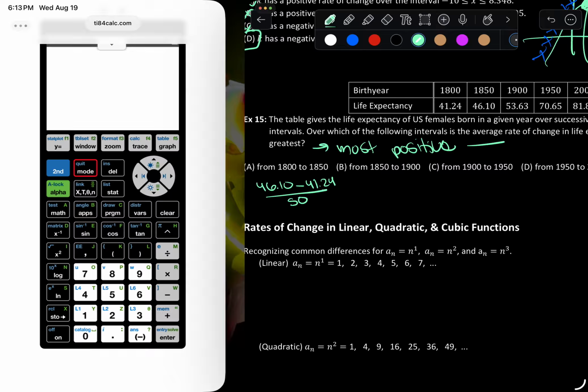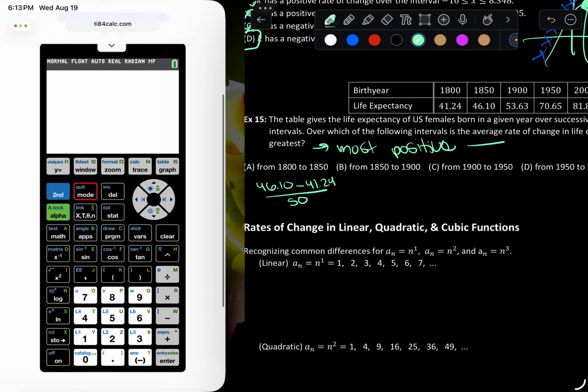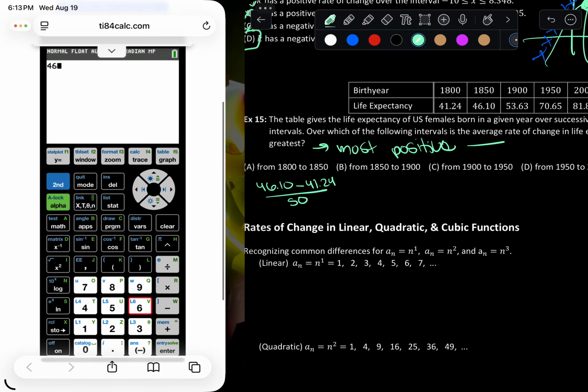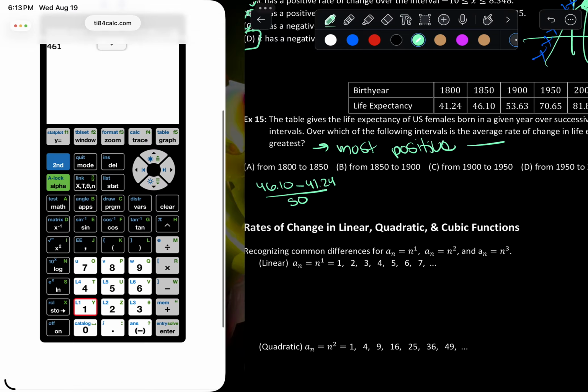Divide that by 50. So 46.1 minus 41.24, and then divide by 50,